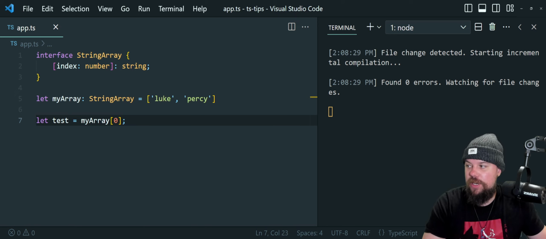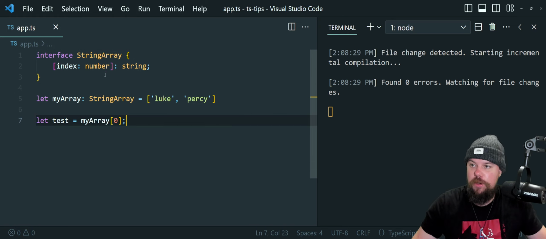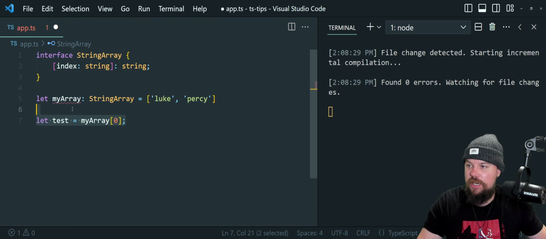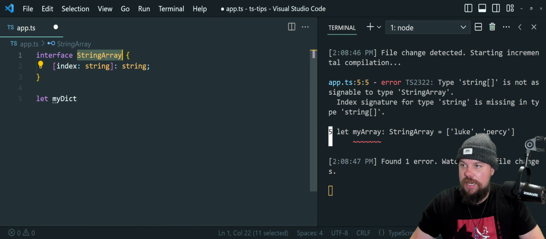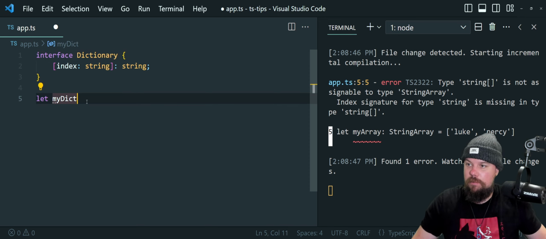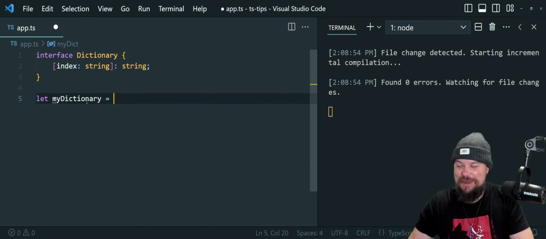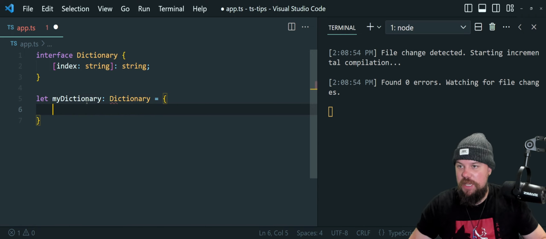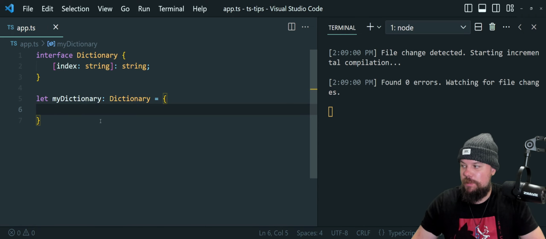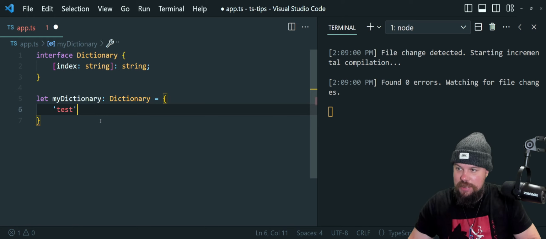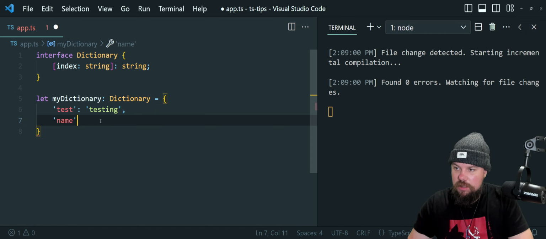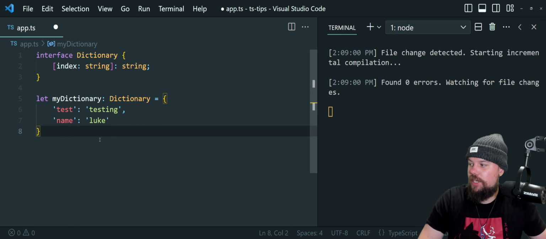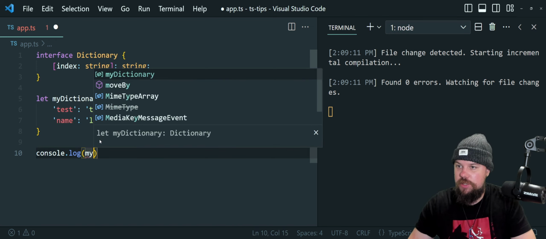But not only that, it's useful for index signatures when you're trying to implement objects with dynamic keys and properties. I mean, this is overkill for an array, but if I change this, for example, to index string, and I change this to something like let my dictionary be a new type, we'll call it a dictionary type. My dictionary, which will be of type dictionary, will be the following. Now, index string, value string lets me do the following. Let test equal testing, and maybe like name be Luke. And voila, it is all honky-dory here,